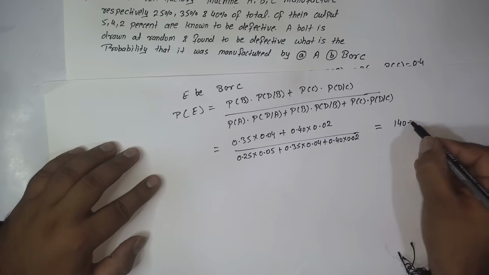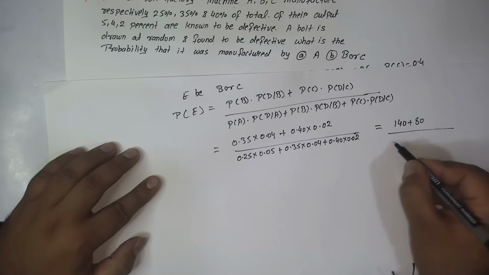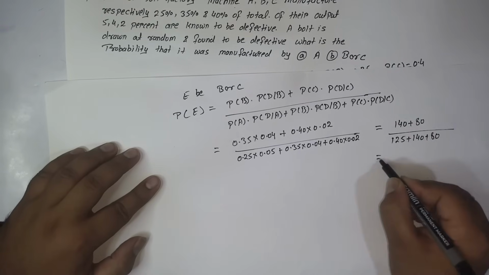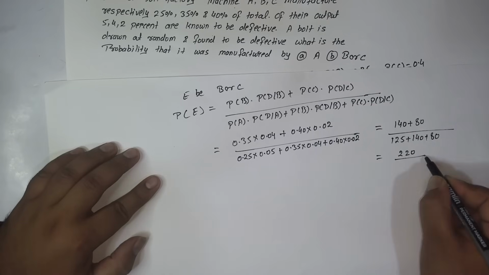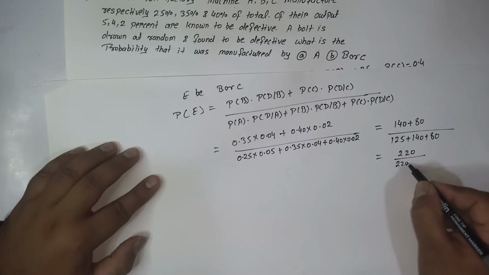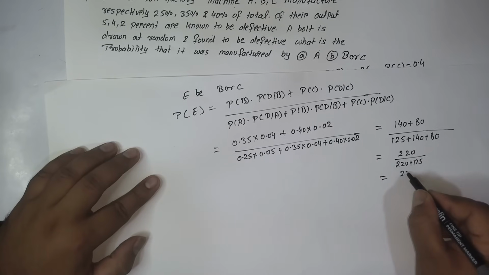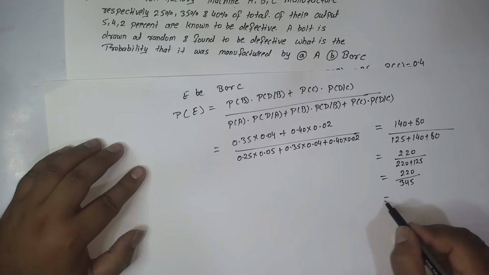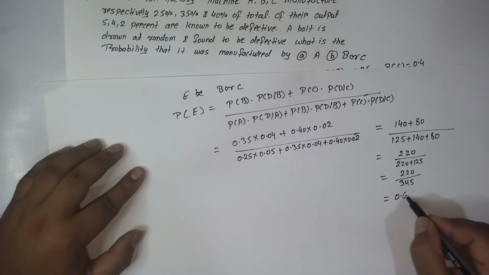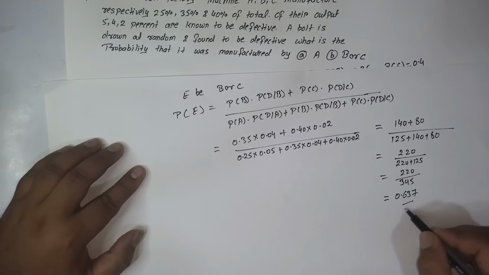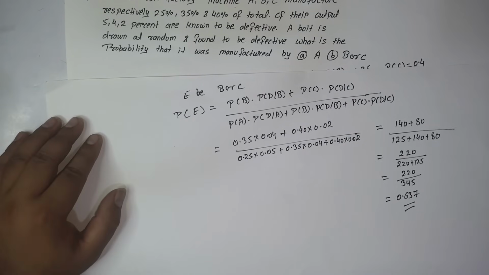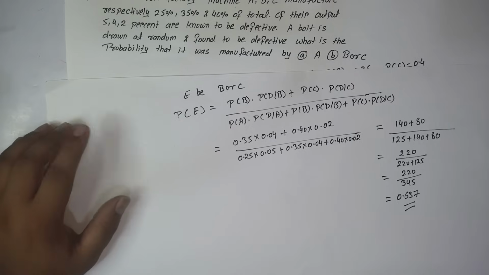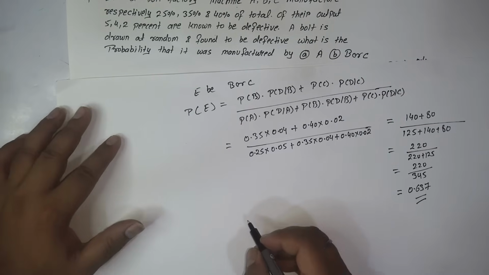So it is 140 plus 80 divided by 125 plus 140 plus 80, that is 220 divided by 220 plus 125, that is 220 divided by 345. So this will give me 0.637. So the probability of defective bolt manufactured by B or C is 0.637. Apart from this, we can also calculate this simply by